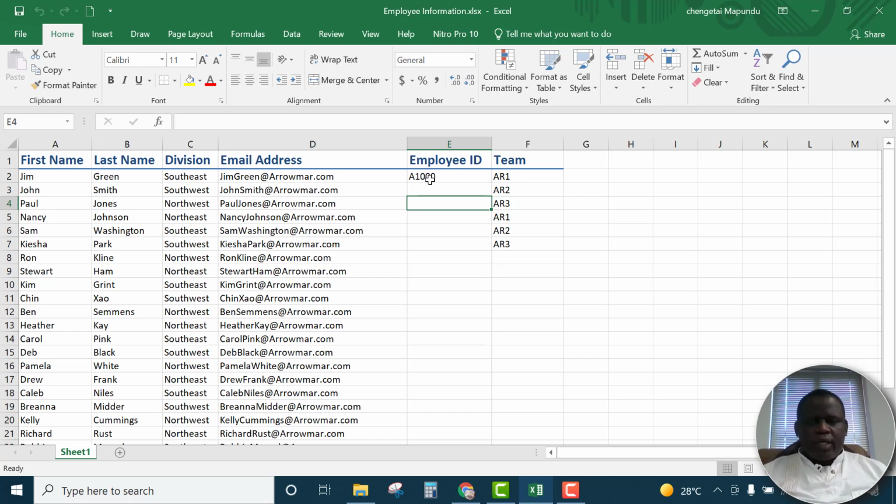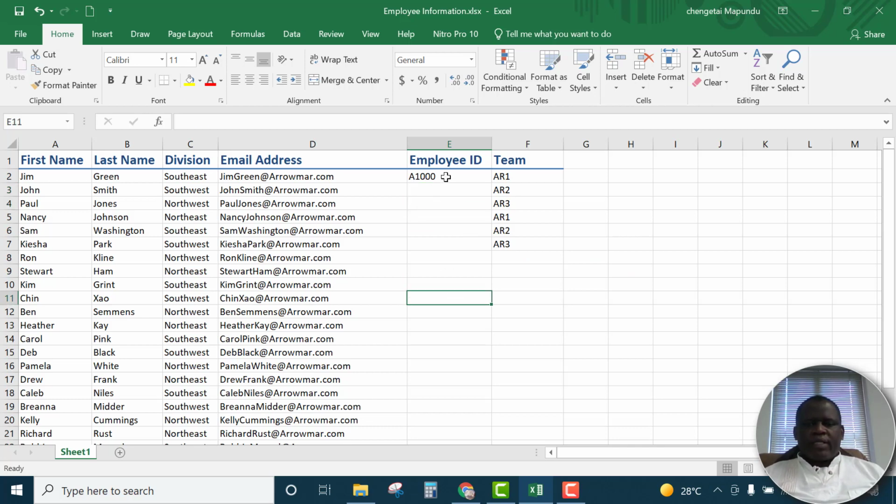Then the next employee ID number is 1001, and the other one is 1002, going on like this. If these are our employee numbers, it's very easy to use